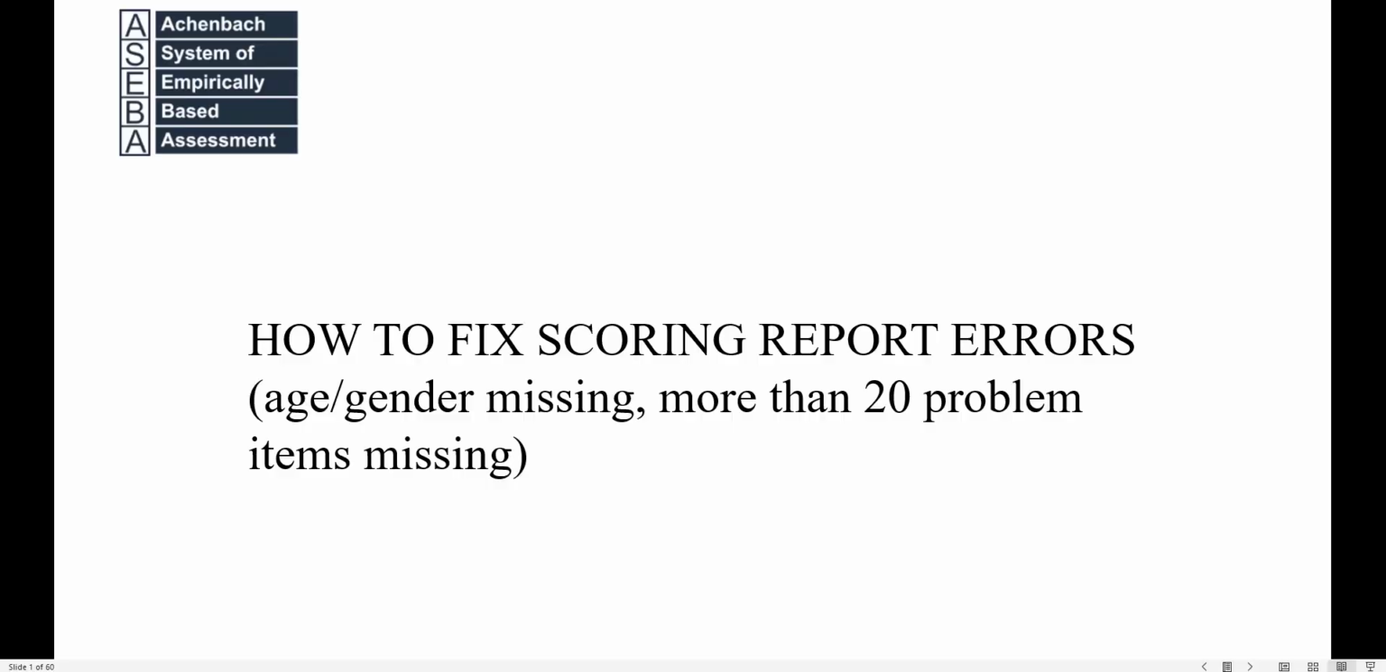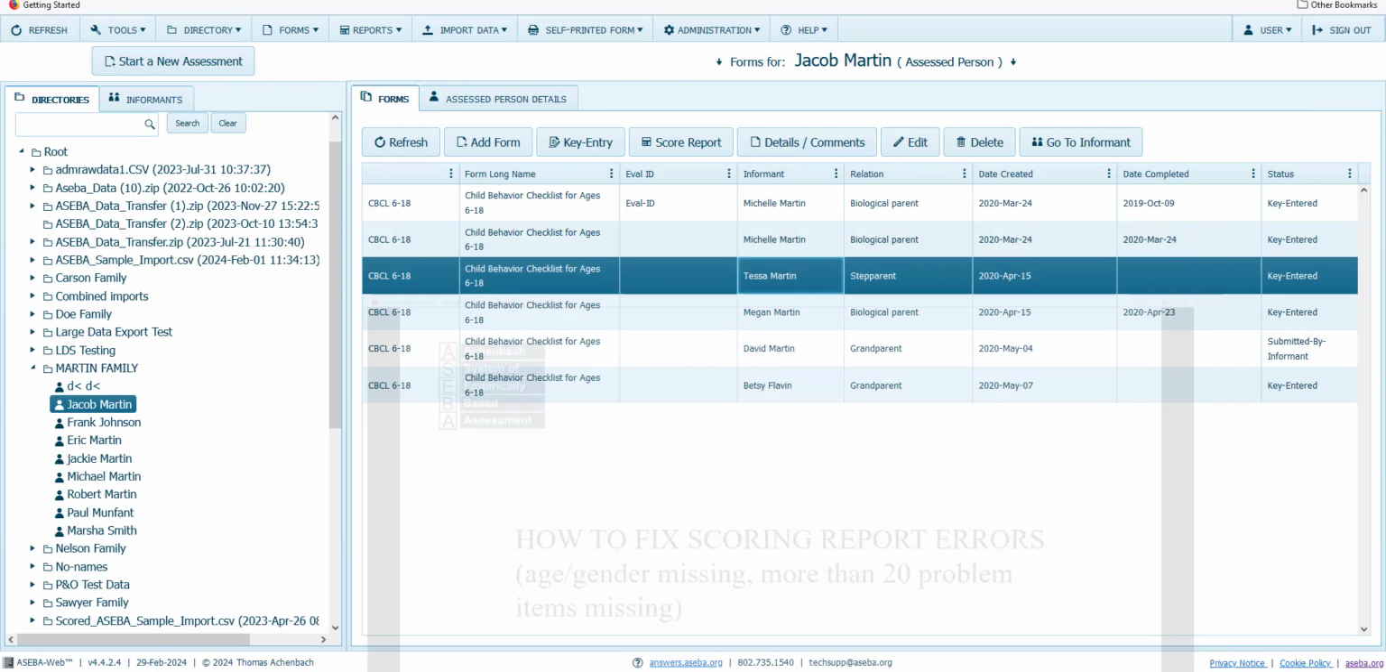This is a video on how to fix scoring report errors. The age and gender is missing, or there's more than 20 problem items missing. So once you've logged into our program and you're getting ready to score, but you're getting errors, for example, this